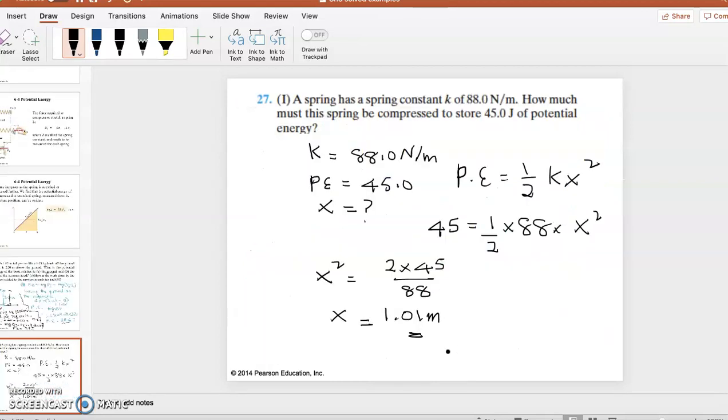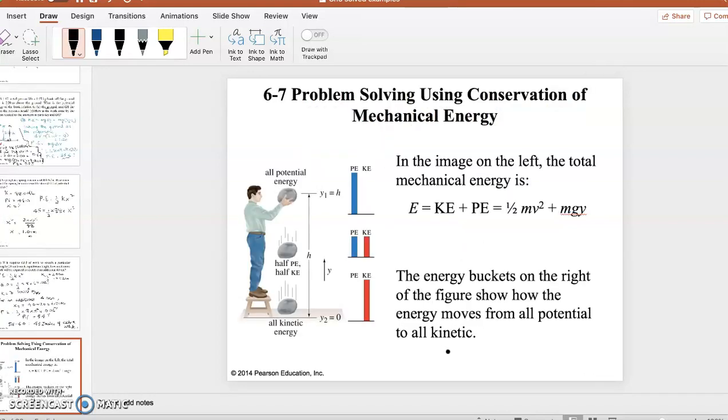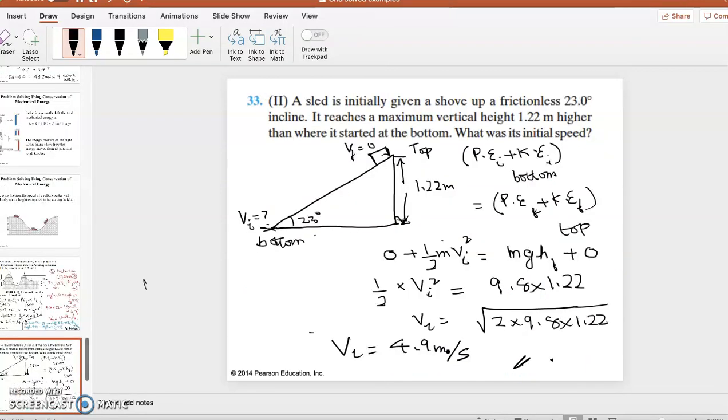Okay, and this is about springs, we don't want it. About springs, we don't want it. Now here we want them, alright? And these are about the roller coaster, which I saw a lot of in the previous example, or in the previous YouTube video. These are very important examples also. This one, if I have to